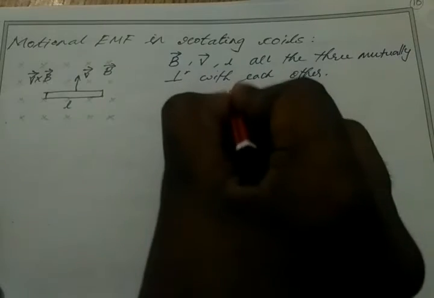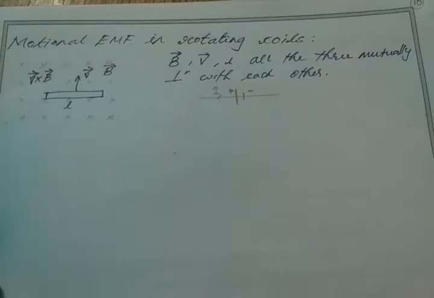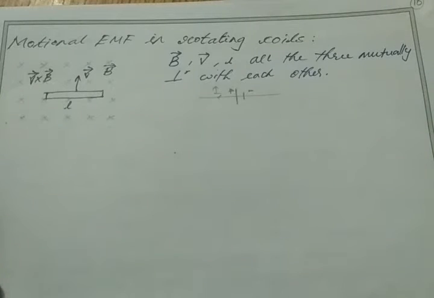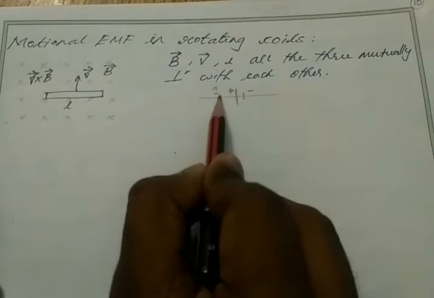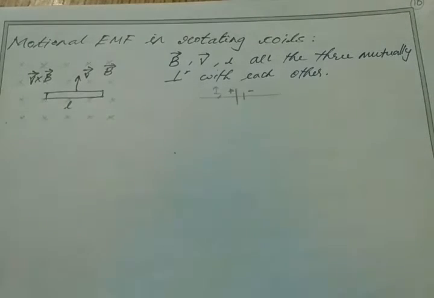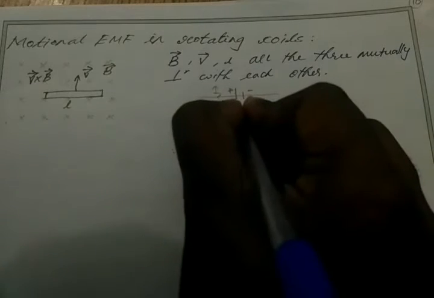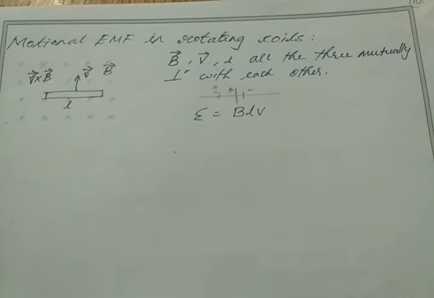Okay, so this is positive and this is negative, so current starts from here. Clear? And EMF is induced from here, because of that we get an EMF induced current. Induced current flows from the positive terminal to the negative terminal. Correct? Then what is the formula for EMF here? We know the formula for motional EMF, that is EMF equal to BLV. Correct?